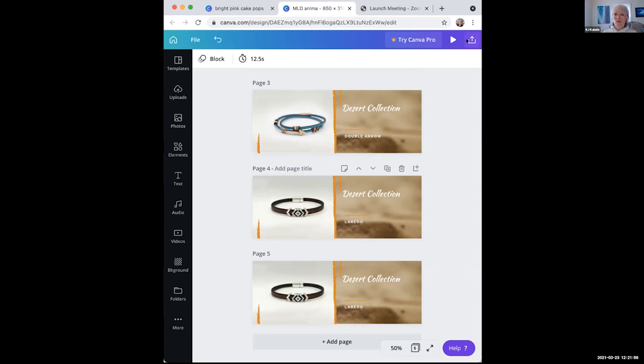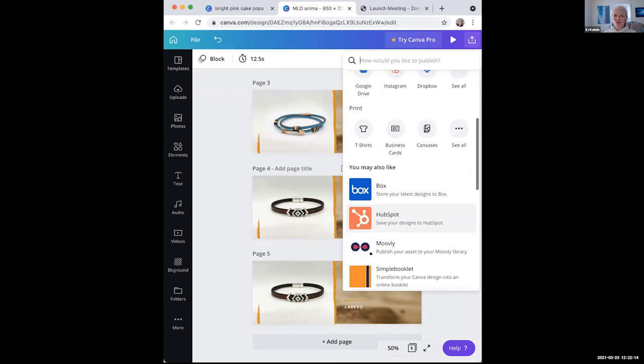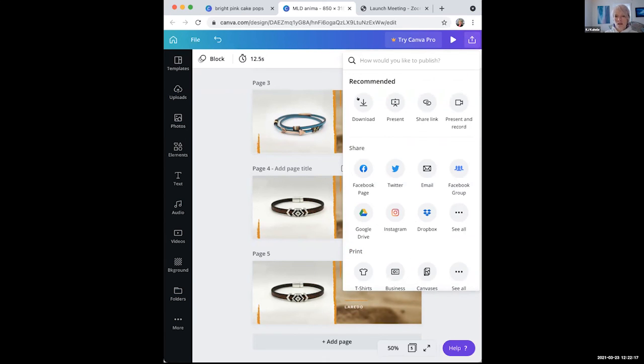So in your top right hand side, you've got this little box with an arrow. That is your download button. When you click on that, we have the option just to download it or to share it on Facebook if you were going to print. And there are a lot of other options. We just want to download this to the computer right now. I want to test it out, look at it outside of Canva. A lot of times you'll see things that you may have missed, and it's a really nice idea to proof it first. So when I click on download,